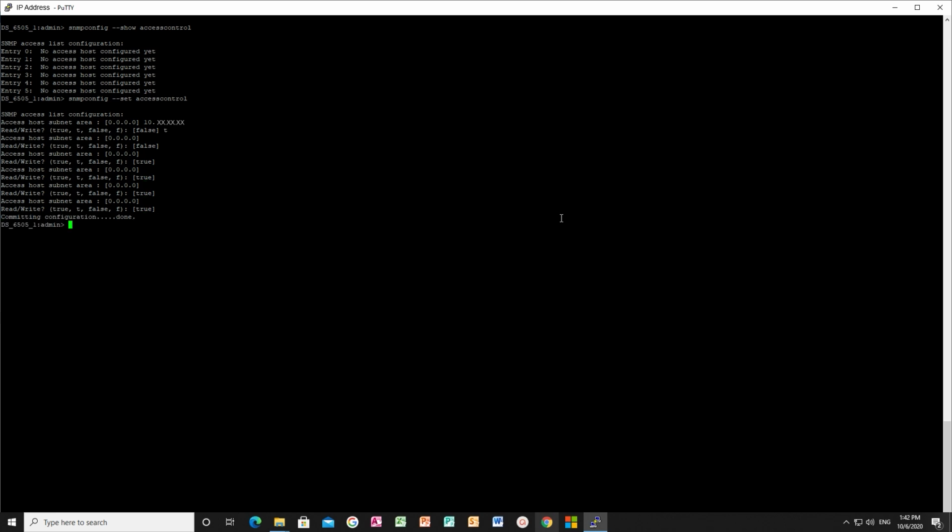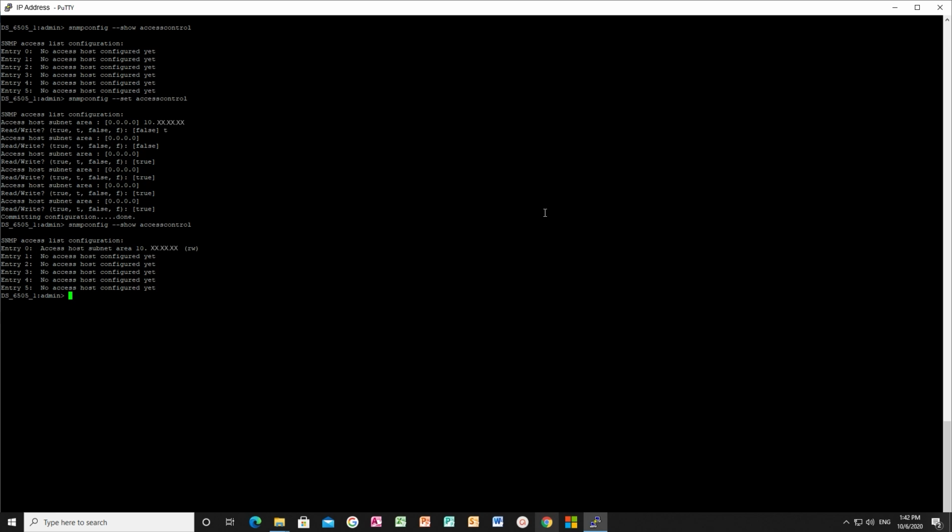Enter true for the host to have the read-write access, else enter false. Follow the same procedure to add more IP addresses, else click Enter to come out of the configuration mode. Use the command snmp config-show access control list command to validate the configuration. Here the IP of the CMCNE application has been added to the access control list of the switch.